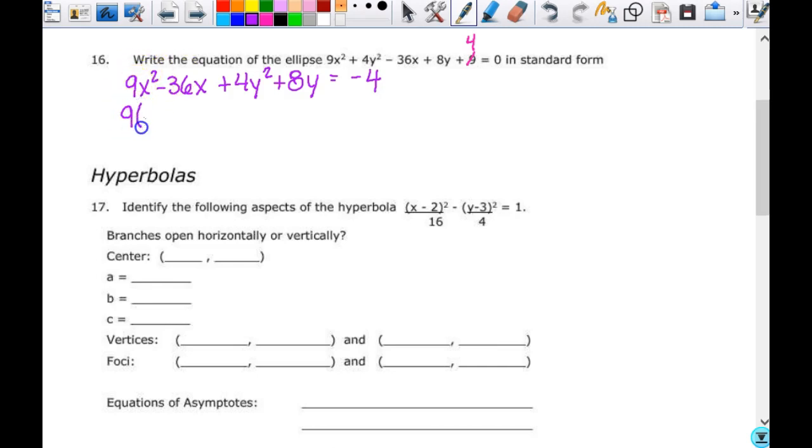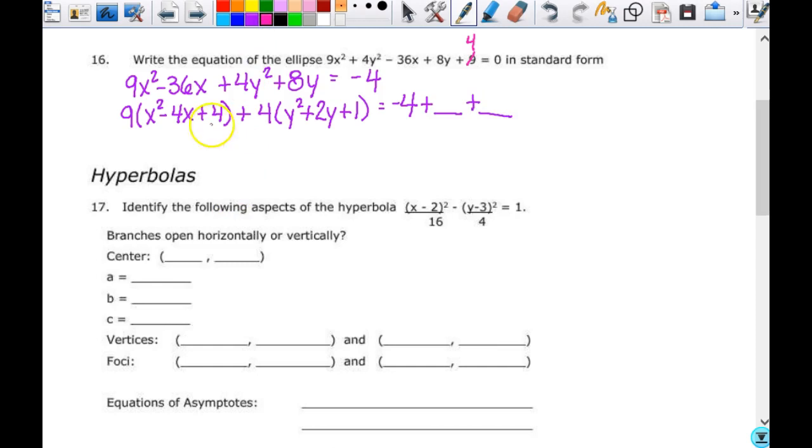So I'm going to take 9 times x squared minus 4x, and then I take half of that and square it, so that's plus 4, plus I factor the 4 out here, 4 times y squared plus 2y, take half of that and square it, plus 1 equals negative 4,